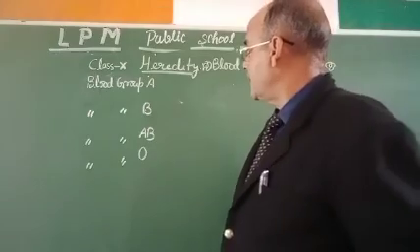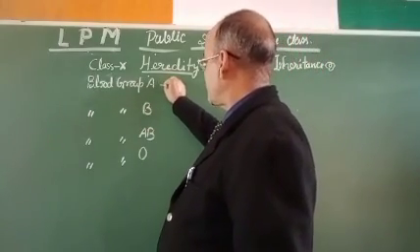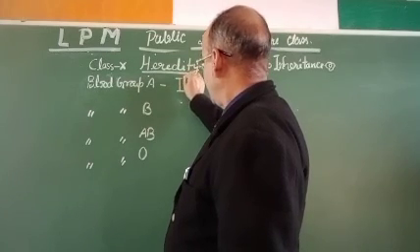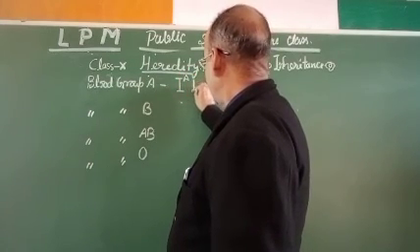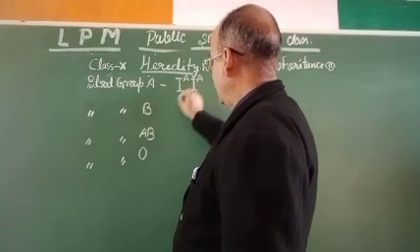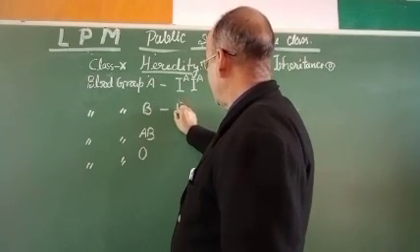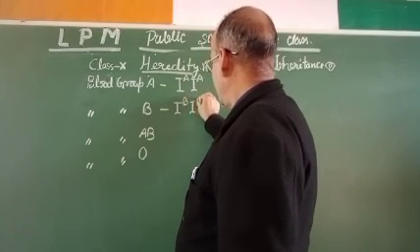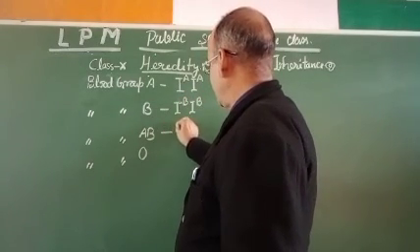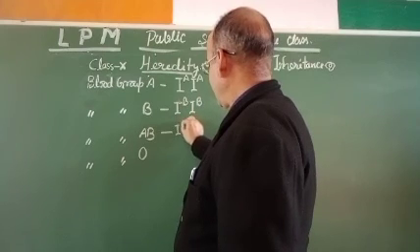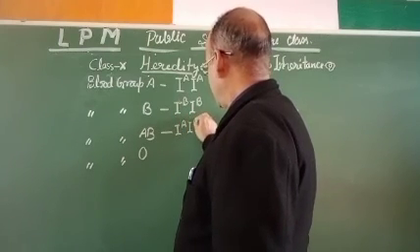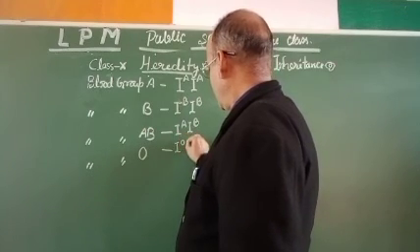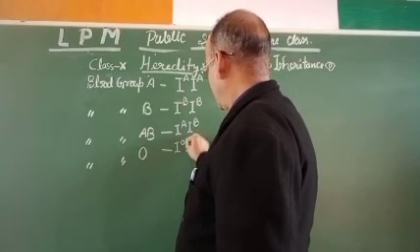So you can indicate that the genes present in blood group A will be I A, I A always. In blood group B, that will be I B and I B. In blood group AB, that will be I A and I B. Blood group O, that will be I O and I O.